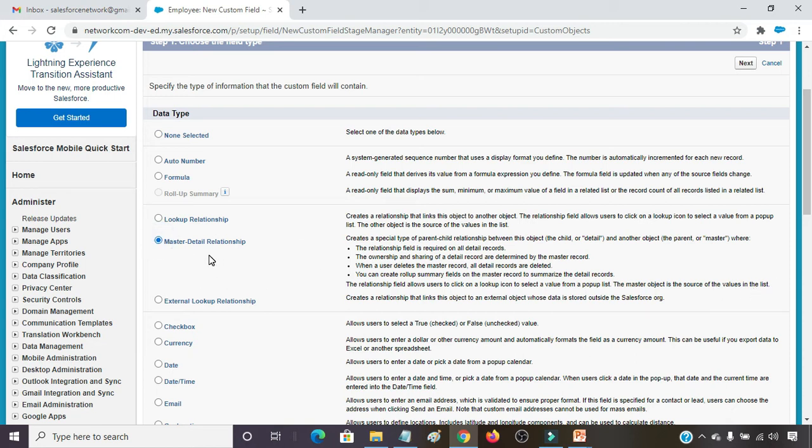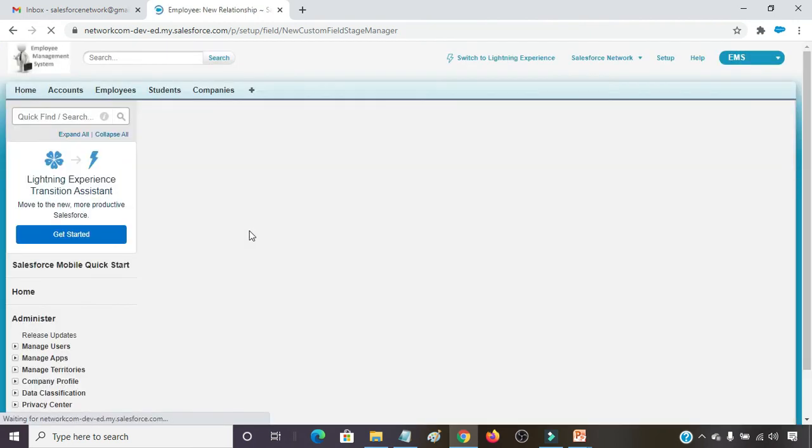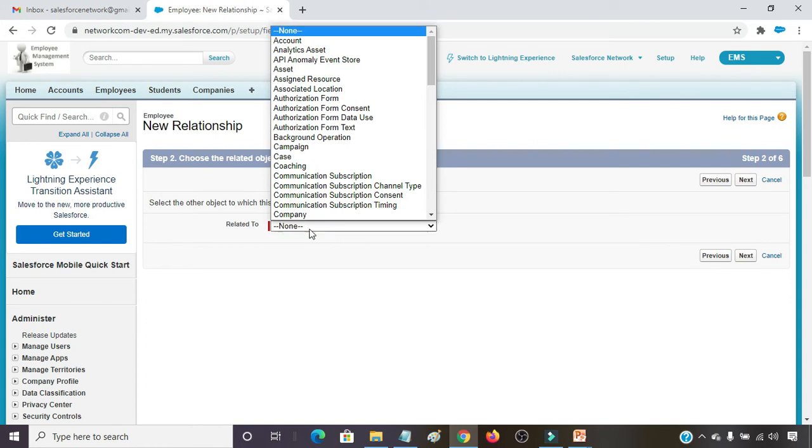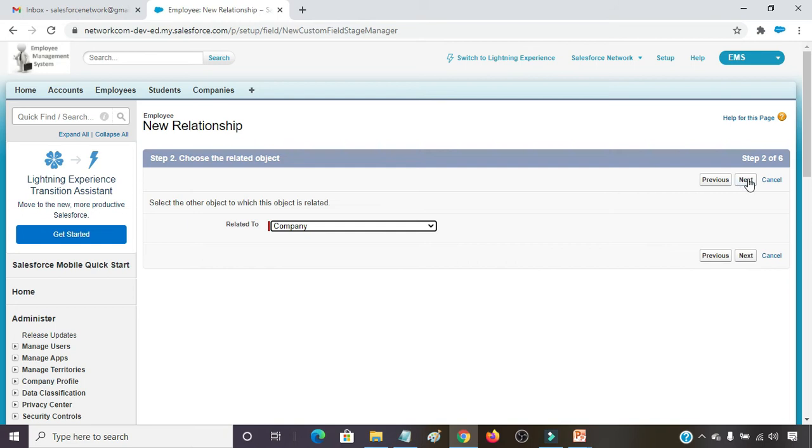So checking this radio button, Master-Detail Relationship, and clicking on the Next button. Related to which object? That is Company. Click on Next.